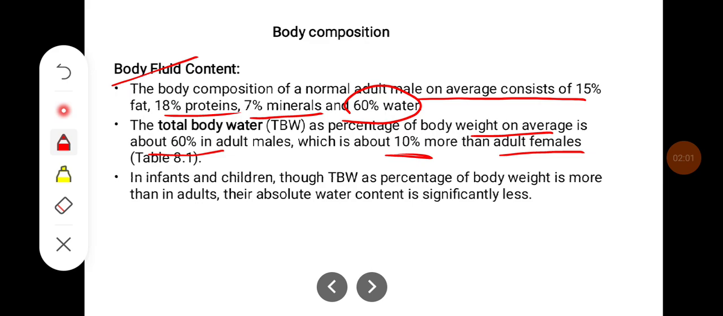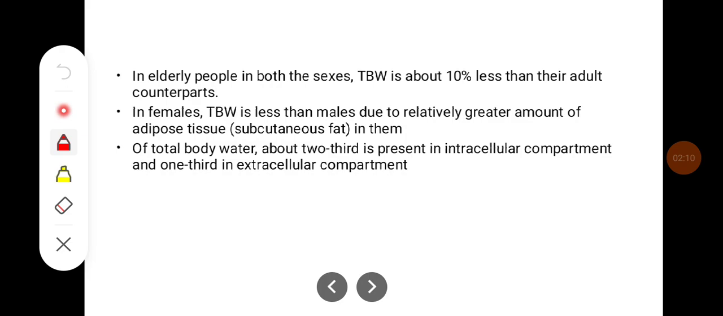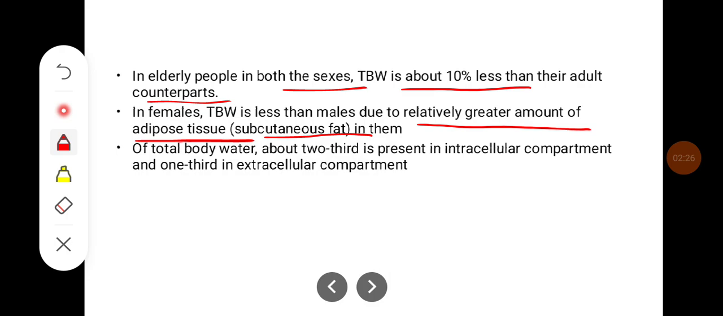In infants and children, though the total body water as a percentage of body weight is more than adults, their absolute water content is significantly less. In elderly people of both sexes, total body water is about 10% less than the adult counterparts. In females, total body water is less than males due to a relatively greater amount of adipose tissue, that is subcutaneous fat, in them. Of total body water, about two-thirds is present in the intracellular compartment and one-third is in the extracellular